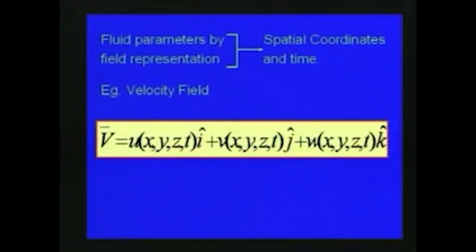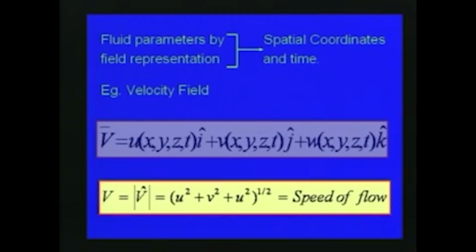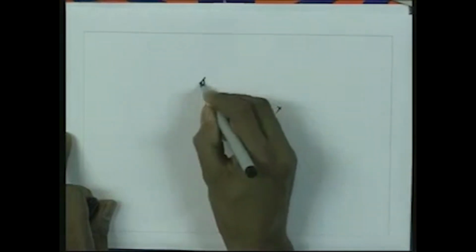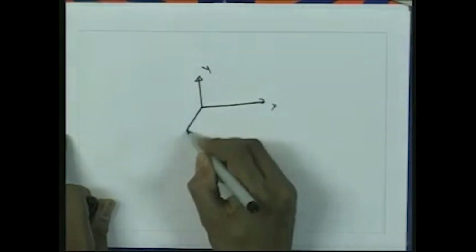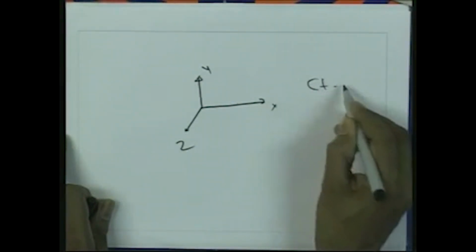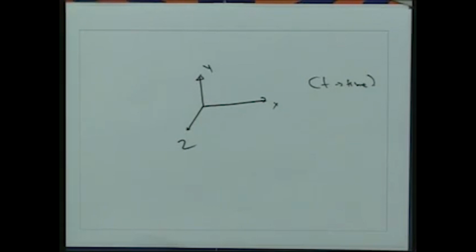Now, the fluid parameters by field representation. As I mentioned earlier, when you consider fluid movement, the movement is with respect to space as well as time. When we consider the three-dimensional motion of a fluid, it is with respect to the x, y, z axes, and then time t will also be there. So the fluid motion is with respect to space and then with respect to time. The fluid parameters are generally represented by the space coordinates x, y, z, and then the